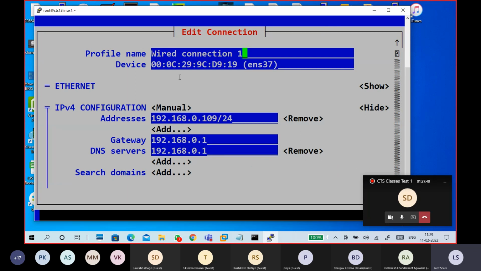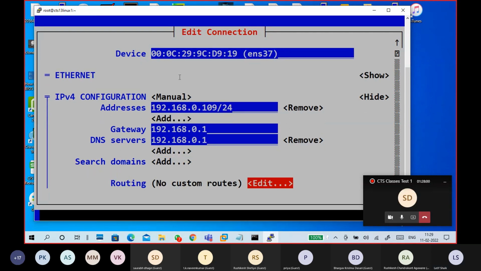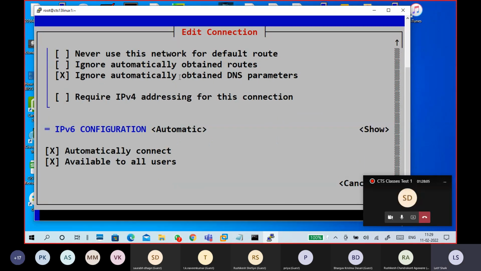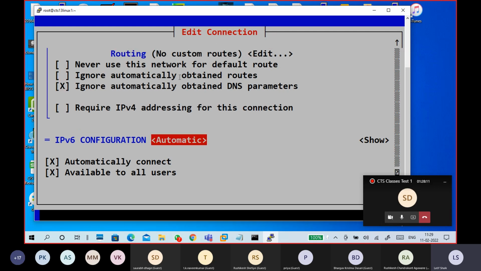See, this is the connection name, profile name. Now it shows show and hide; hide means it will be hidden. This is the IPv6 configuration. This is the IPv4 configuration.